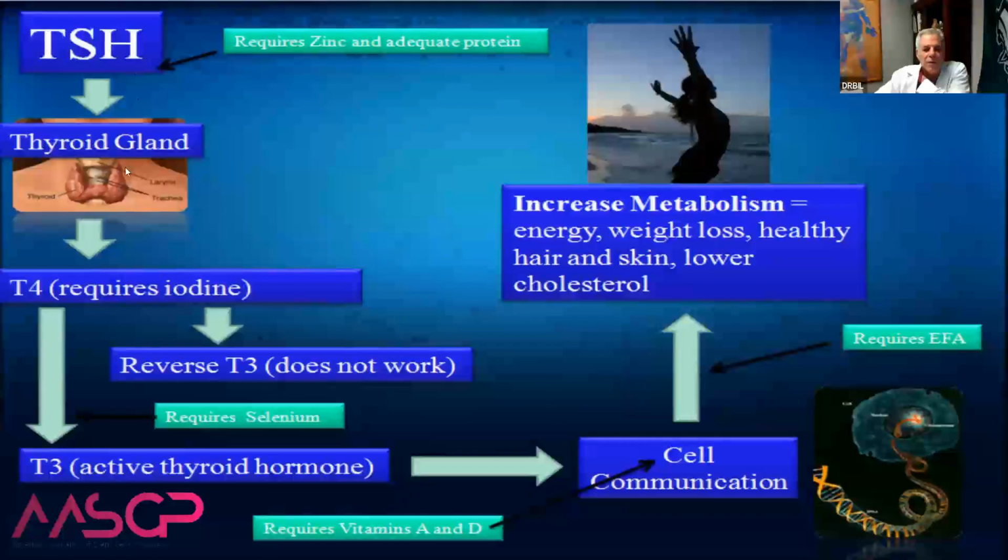It will convert into a T4 and T3. This is the part that does the work, like I mentioned before, and it requires iodine and selenium for that conversion to happen. If there's some disruption, and 90 to 95% of the time it's due to too much cortisol, the stress hormone, we get that reverse T3. So we use the reverse T3 as our first line of defense, or our first inkling into cortisol or stress hormone. It correlates about 90 to 95% with the saliva test that you may do, the 4-point saliva